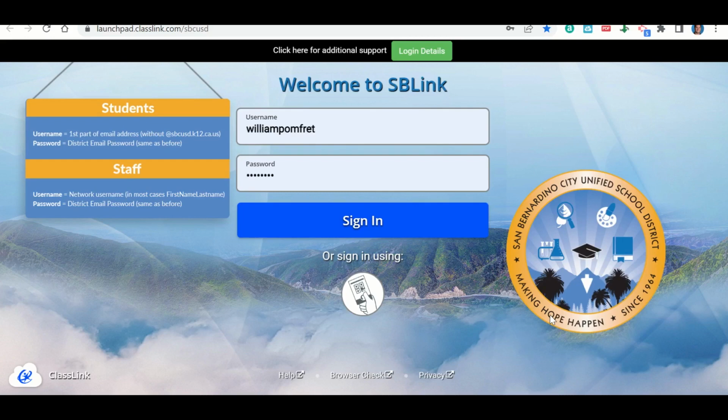Let's talk now about how to access your assignments on IXL using SBLink. So what you'll do is you'll click on the link that takes you to your SBLink, which should look like this, and you're going to log in the same way you would log into your computer. So the first part for your username is going to be the first part of your email address without the @sbcusd.ca.us. So it should be your last name, first initial, middle initial, and then the last 4 of your student